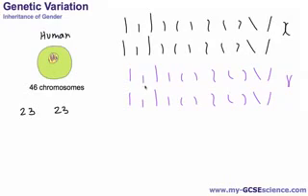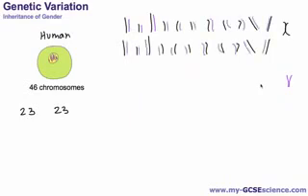Now what we can do is we can actually match up all the chromosomes from the father. So let's just say the father's chromosomes are purple. We can match each one of those up with all the chromosomes from the mother. So this will take ages to do, so I'm going to speed it up a bit. There you go. So we've matched up all the chromosomes from the father and the mother,